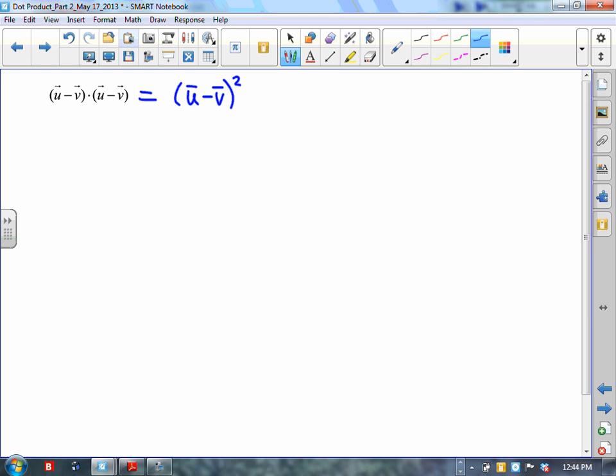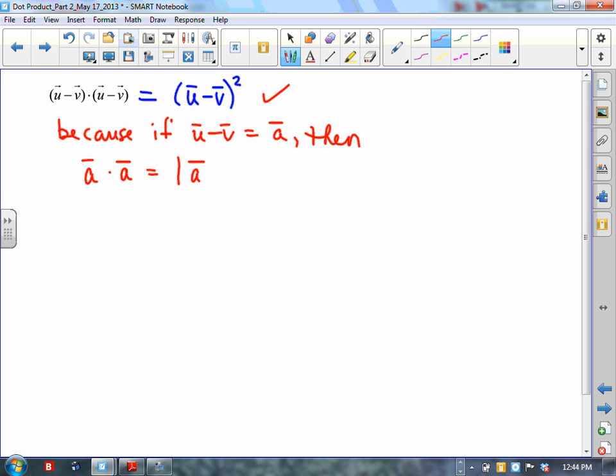Okay, and I believe that we did agree that yes. Okay, because if we were to allow u minus v to be some other vector, call it a, then we would see that a dot a would be equal to the magnitude of a squared, right? And what does that imply? That implies, right, because of the transitive property and how we let u minus v be a,